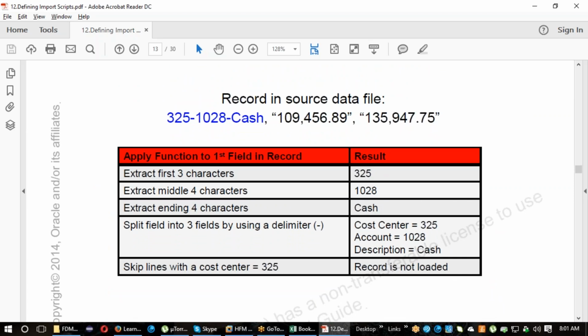record and requirement, like here the record in source data file. I'm saying the string record, the total row that I'm getting like this. But my requirement while importing the data is that it has to import 325, it has to import 1028, it has to import cache, and it has to import 325, 1028 and cache only. And